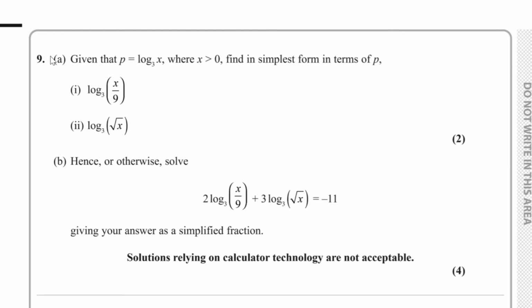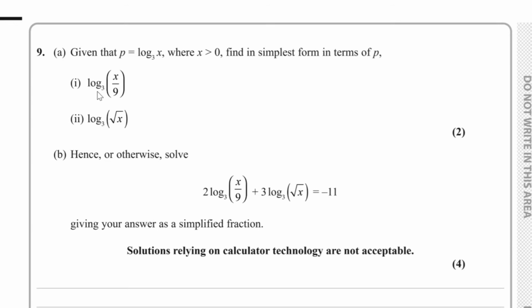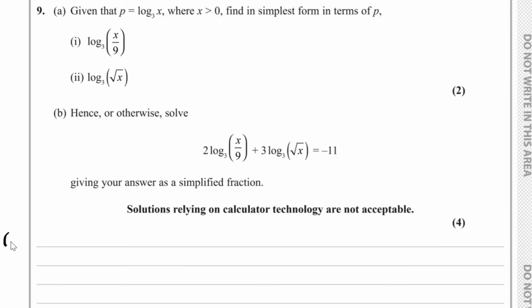Question number 9 for part A. Given that p equals log base 3 of x, where x is greater than 0, we have to find in simplest form, in terms of p, for the first part, log base 3 of x over 9. Well, for the first part, we have log base 3 of x over 9,